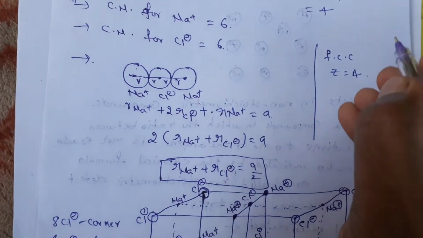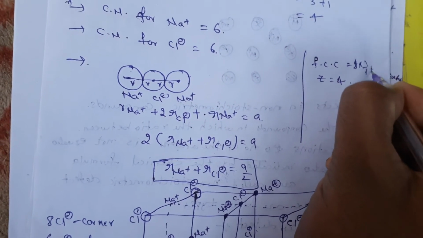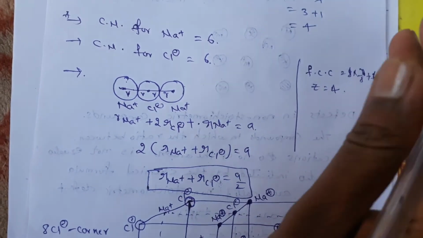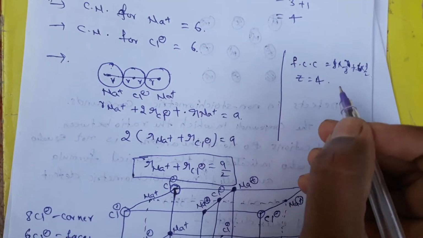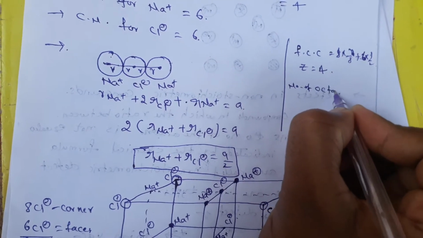So how will it be 4? 8 atoms at the corner, 8 into 1 by 8, plus 6 into 1 by 2. That will give you the total Z value equal to 4. Z value 4 means the number of octahedral